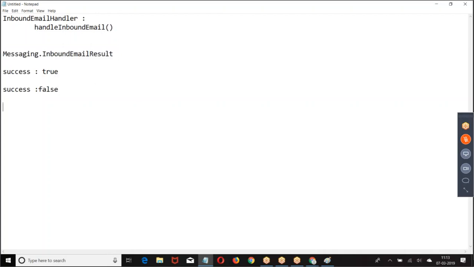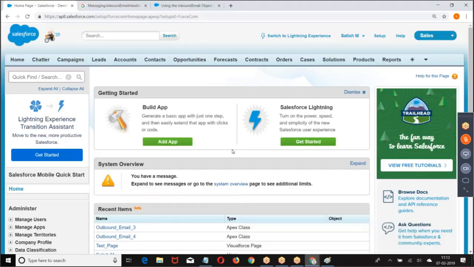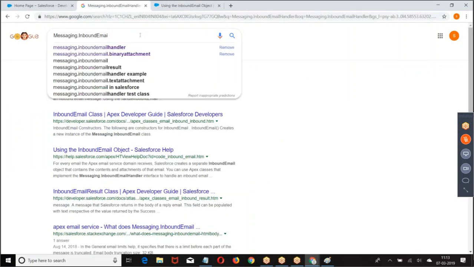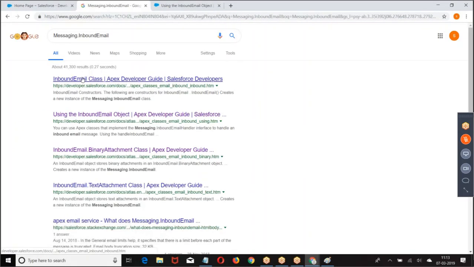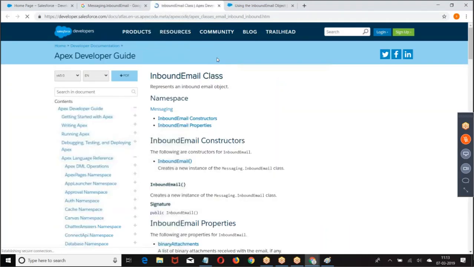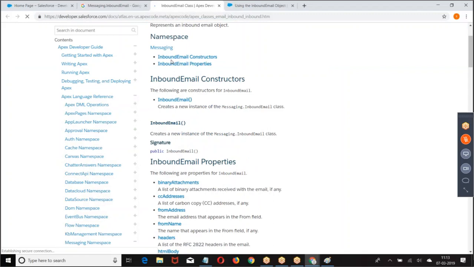Next one we have Messaging.InboundEmail. Whatever the mail you send me, that mail is stored in InboundEmail. So Messaging.InboundEmail, here what we have?